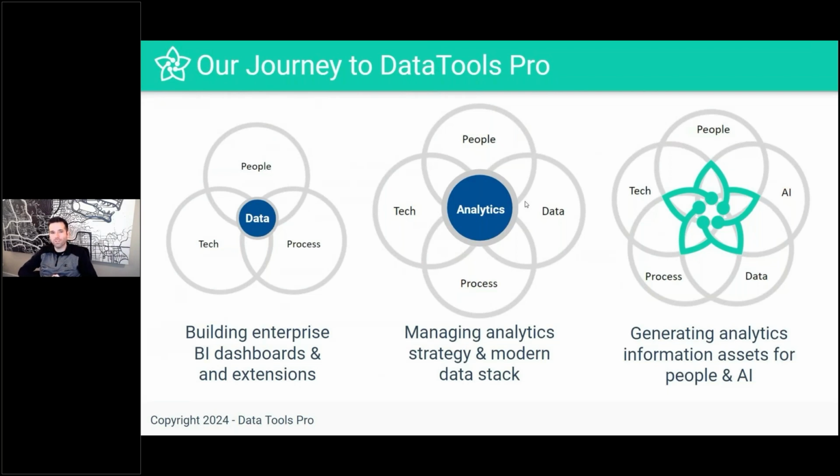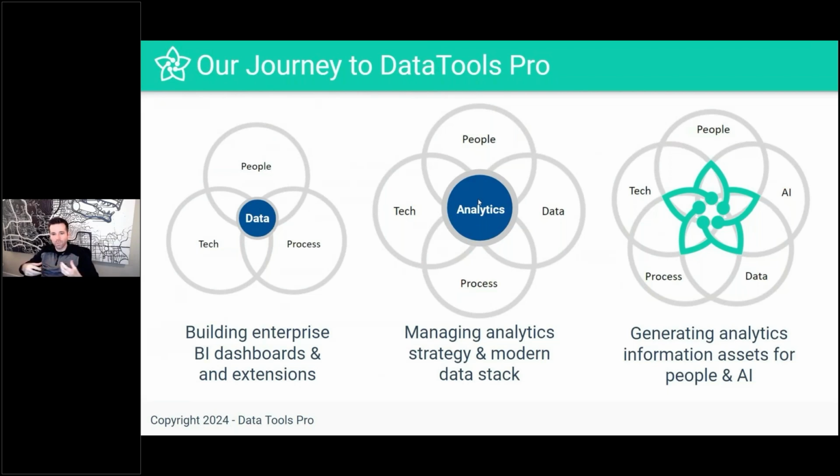So as I was looking at getting back to technology, in this on the far right, and what has ultimately become DataTools Pro, we saw generative AI take off in the last year. And so at the beginning of last year, once I got my hands on ChatGPT, I think like a lot of people, I realized that AI is not just the advanced analytics piece in the middle. It's not the afterthought. I said, wow, this AI is literally another ring in the people, data, process, and technology sphere, where AI is not only the translator, but it's also a tool.